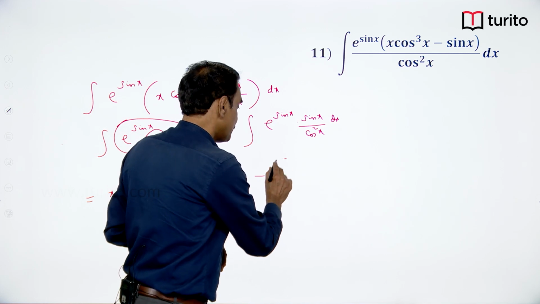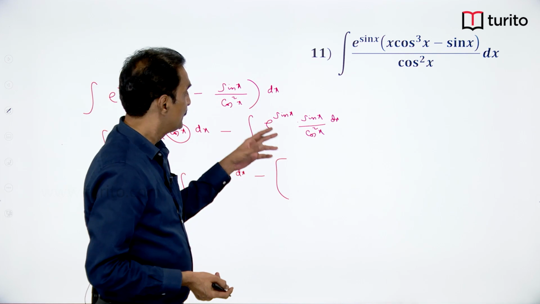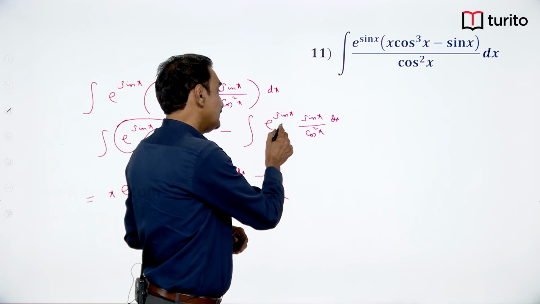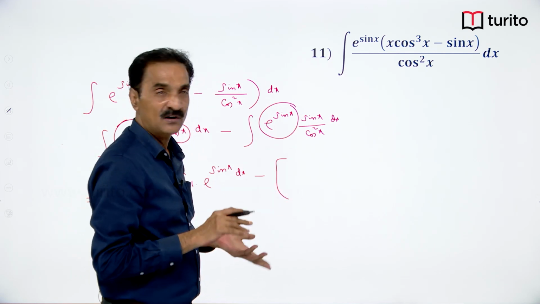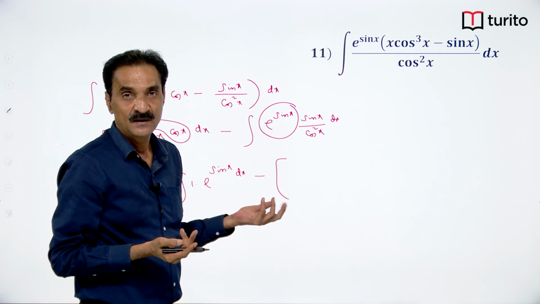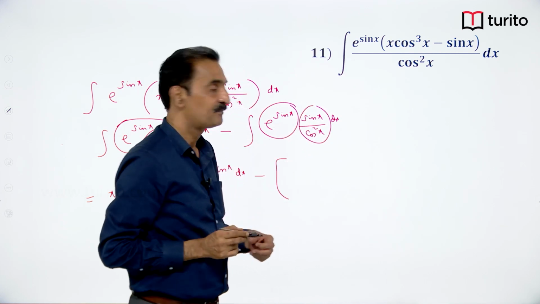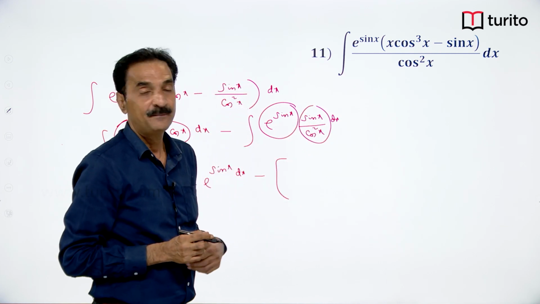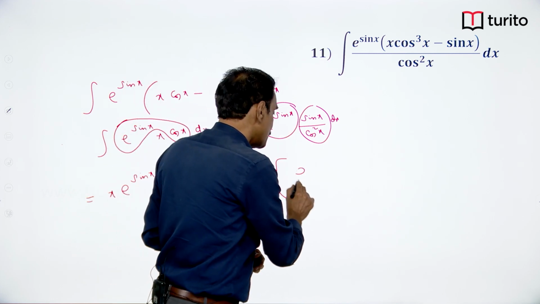Minus of bracket begin. Here we take e power sin x as first function because cos x is not there, so we cannot integrate it. Take this as first function, remaining as second function. Okay. Then first function into